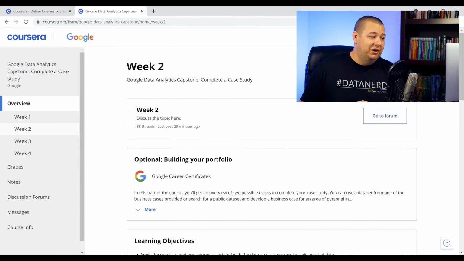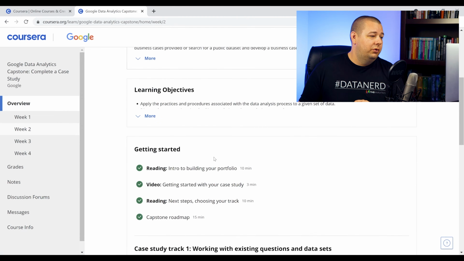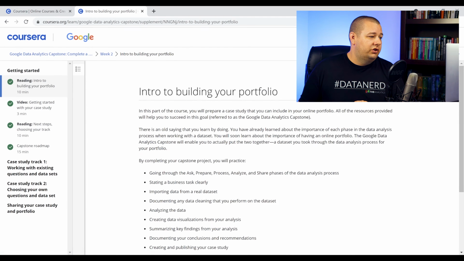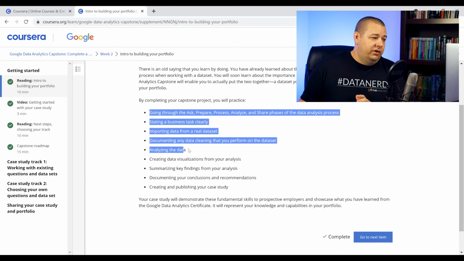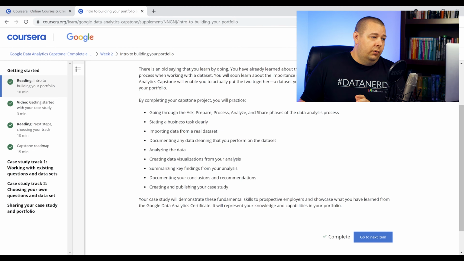It's optional, but it's building your portfolio. So what we're doing here is introduction to building this. It talks about how, in order to complete this Capstone project, you're going to basically go through everything that we've done in this course, which is going through the phases of an analysis process: ask, prepare, process, analyze, and share, right? Stating the business task clearly, importing data from a real data set, documenting data cleaning, analyzing the data, creating visualization, summarizing your findings, documenting your conclusions and recommendations, and then creating and publishing this case study,